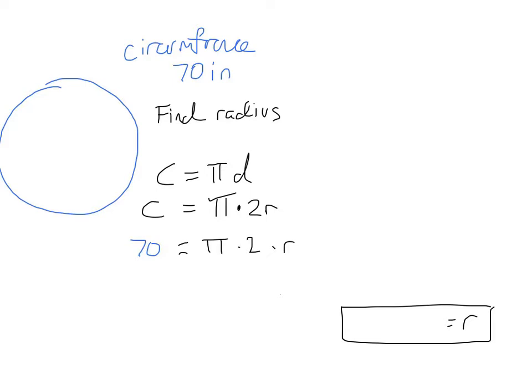What I'm going to do is evaluate that part right there. I'm going to take pi, on my calculator, times 2, and that equals, rounding to the nearest hundredth, 6.28. Now we have times r, and again that equals 70. So how do we solve for r? Now all we have to do is divide by 6.28, because 6.28 is being multiplied. Divide by 6.28, and 70 divided by 6.28 ends up getting you